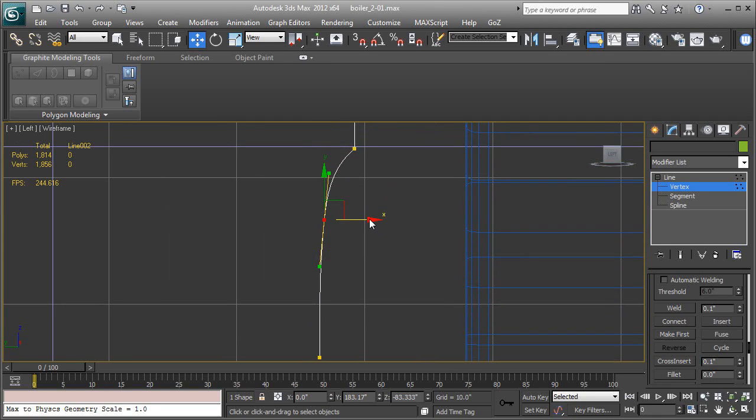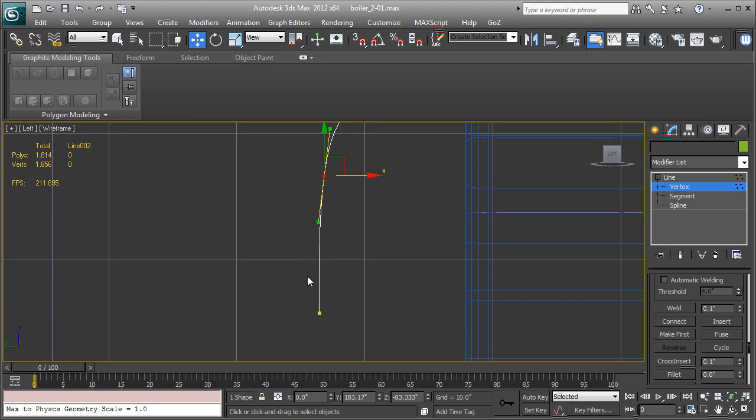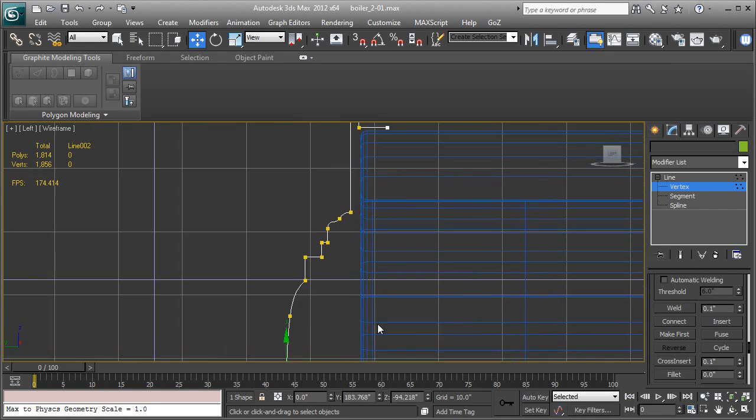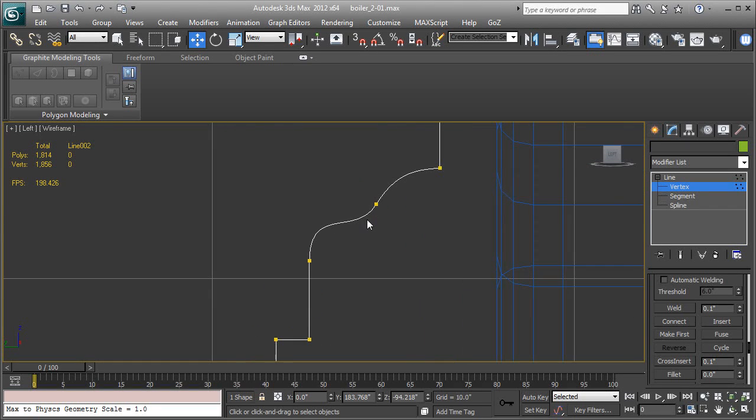If you want to, you can once again click on X and you can adjust if you like. I actually like it pretty much where it was. I don't want it to be perfectly straight here either. So right now this point looks like it's a little behind that point. I'm going to click on that point, pull it out just a touch. I'm going to back out and see how that profile looks. It looks good, but I'm not sure about right here. Same situation. We're going to select this vertex,